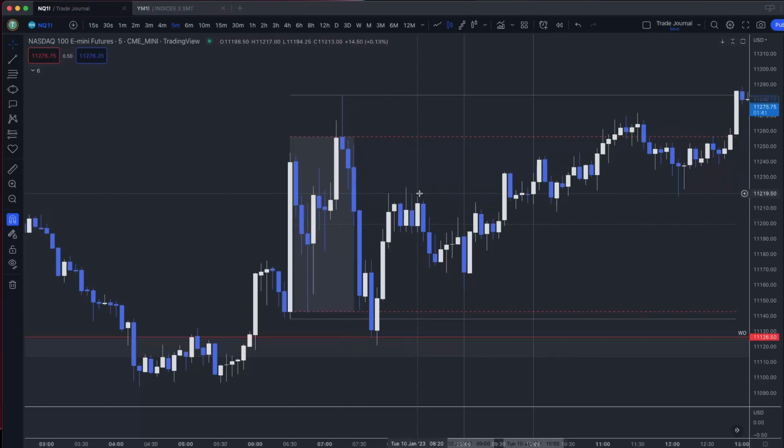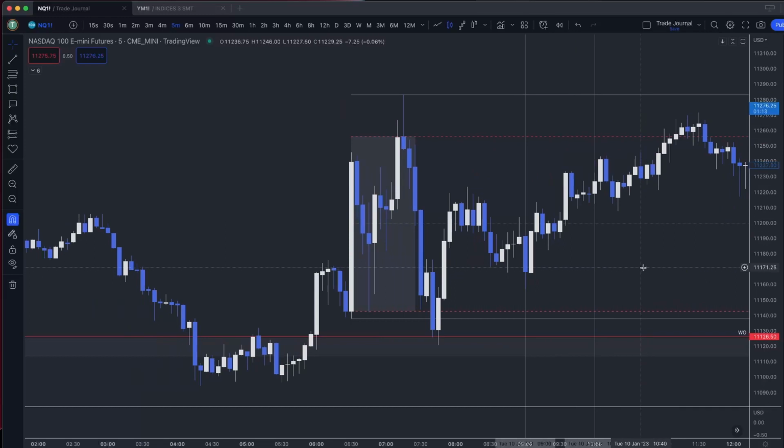Price consolidates, comes back down, fills the imbalance created on the move up, then creates this bullish order block, engulfing candle, comes up, retests it, and continues higher, creating a new imbalance right here as well between this candle's high and this candle's low. We can see how it's respecting it. Again, this was not a trade I took. So what trade was I trying to take and why didn't I get involved?